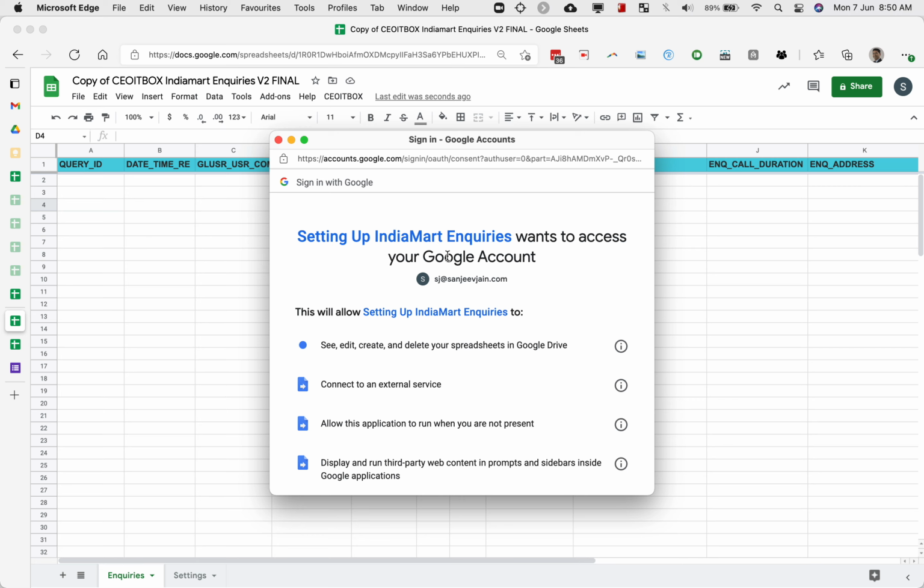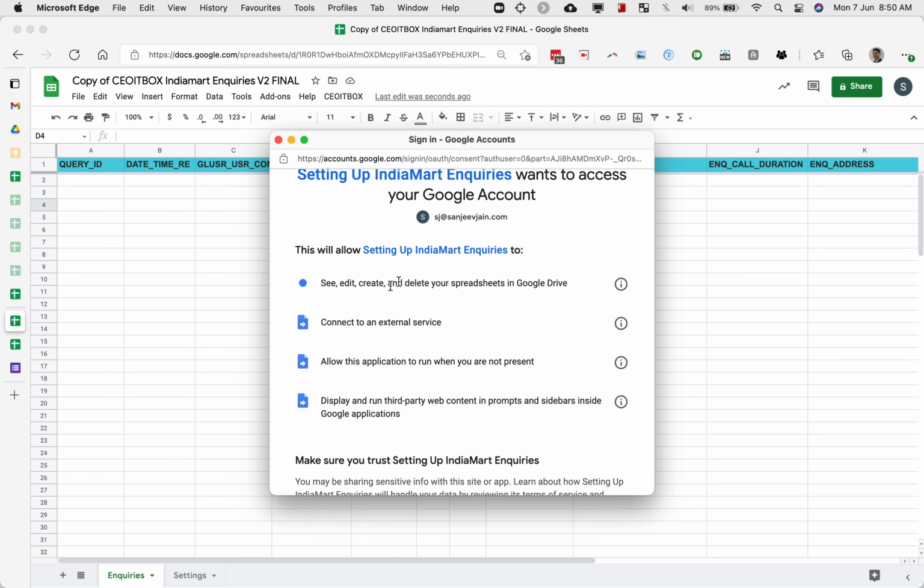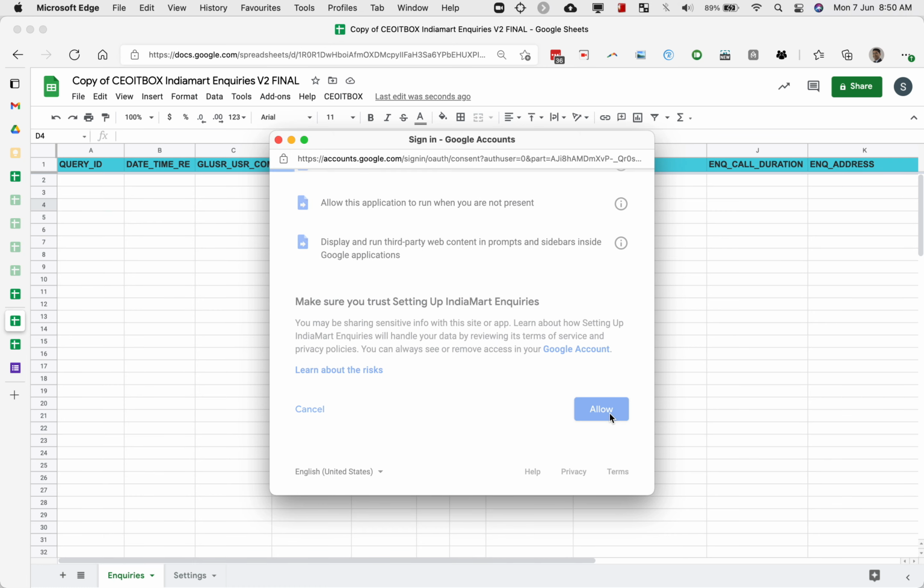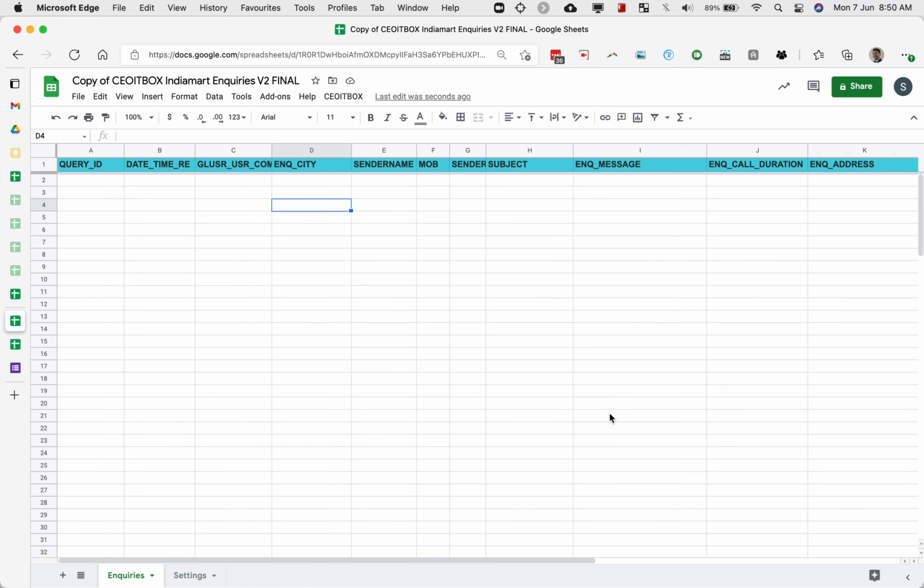So in case you get an additional warning page, so this is basically for automation to allow this sheet to run automatically. Click on allow. This only needs to be done once. Okay, so this needs to be done once only. So for gmail.com accounts, you will get an additional warning. So you'll have to click on advanced, click on go to, it will say this is unsafe, this and that, because it just wants to ensure to tell you that you know what you're doing, and this sheet is only there to copy these inquiries from IndiaMart website and nothing else.